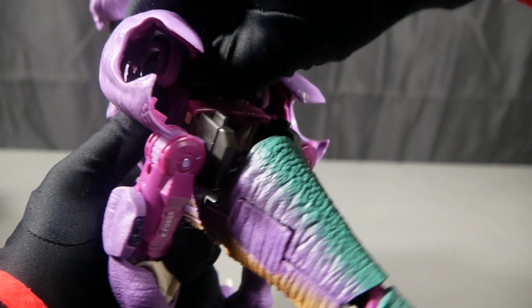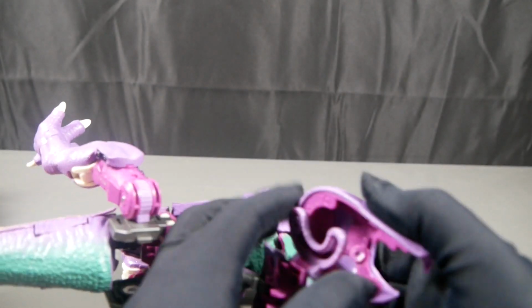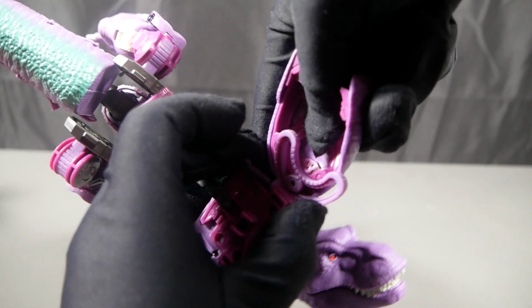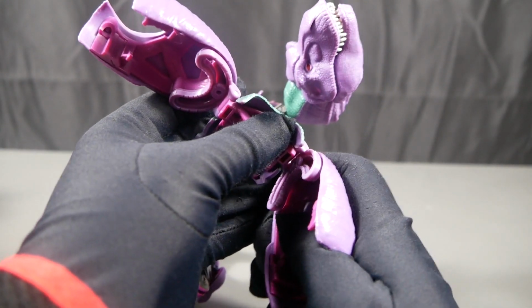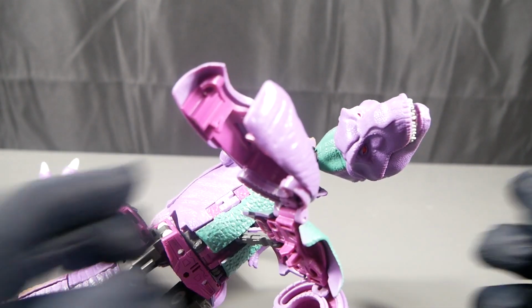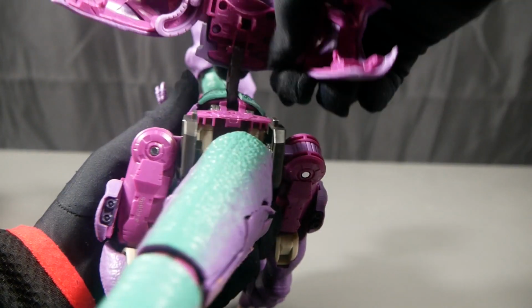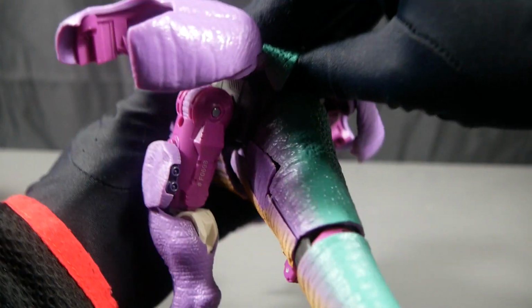Then what you can do is untab this back piece here. Then in here you got these sliders. What you want to do is make sure that you stop about halfway. Get this about halfway on either side. This is used for the leg motion in beast mode, which he actually, yes, does come with. Then what you want to do is push this down, and then you can...